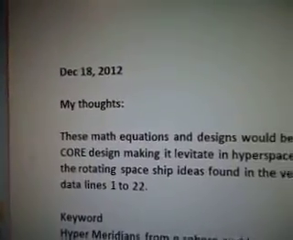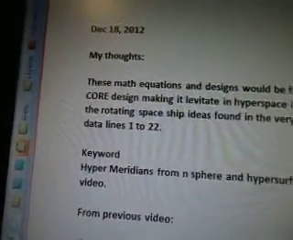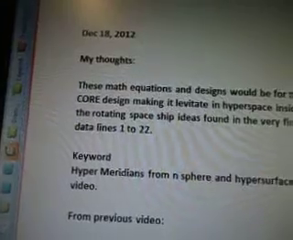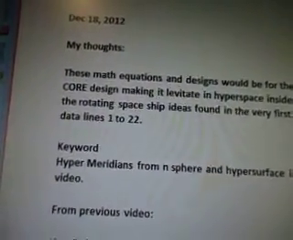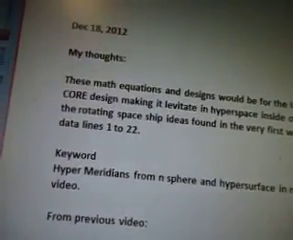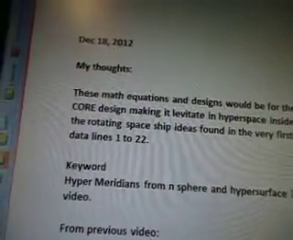December 18, 2012. Today's December 31st. My thoughts: these math equations and designs would be for the UFO. This is a continuation of the previous video. I had to break it up because it was too big. These math equations and designs,